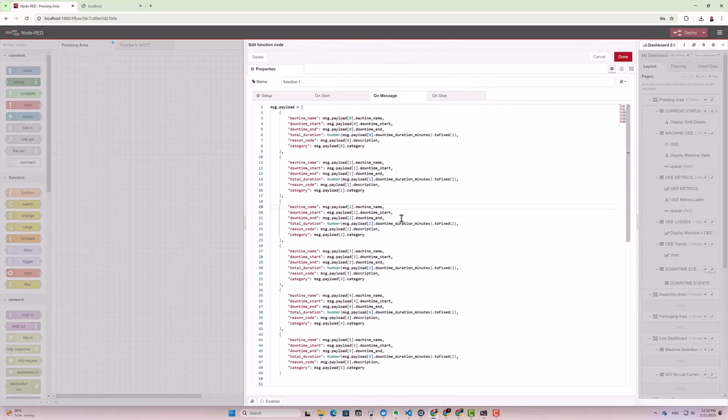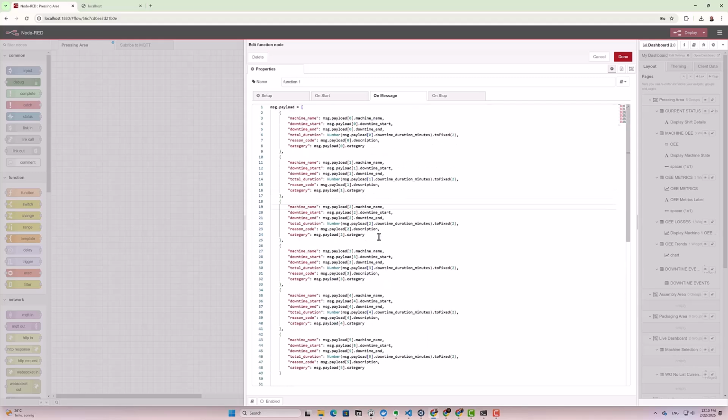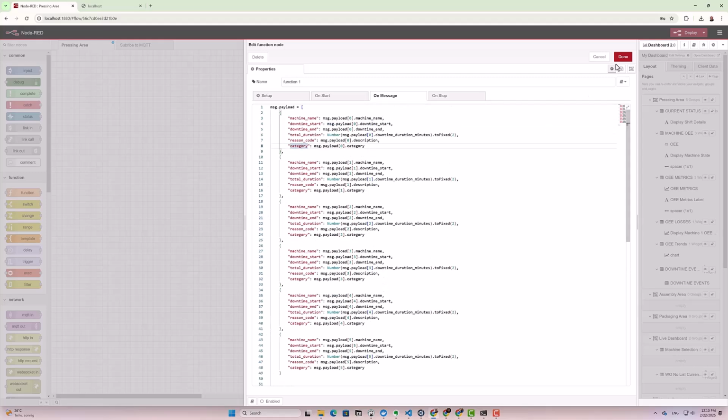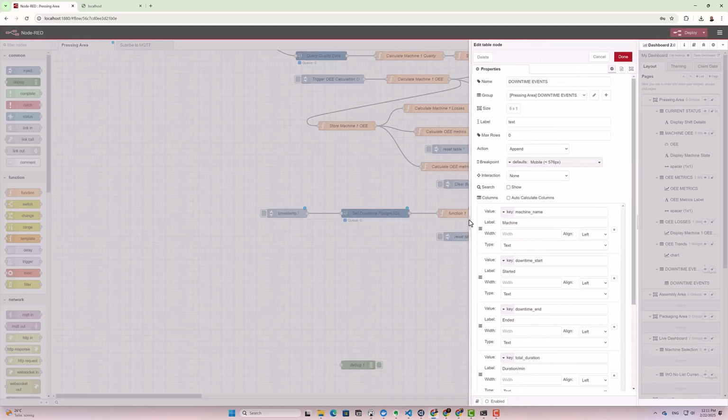And then I'm packaging this into an array that can be consumed by my dashboard node for visualizing tabular data. So you notice here, I'm going to be visualizing the machine name, downtime start, downtime end, total duration, the reason code, and what the category is. And I'm displaying all of this information, and then I'm passing all of this information into this specific node for displaying the downtime events. So if I open this up,